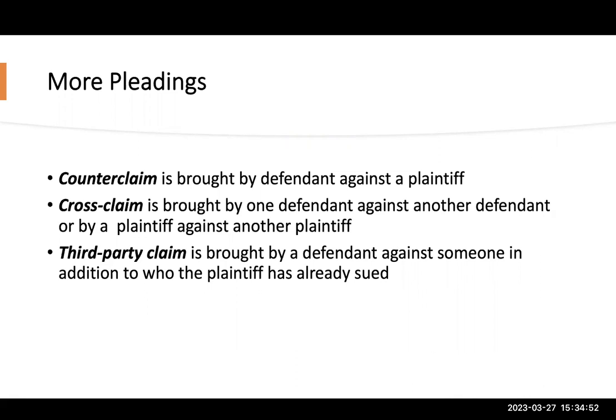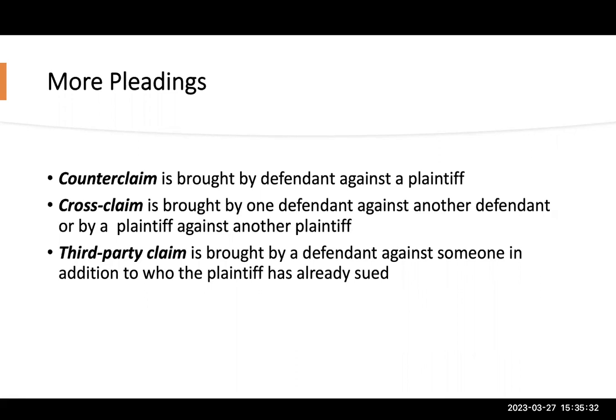Cross claims are a term where there might be multiple defendants, and one defendant brings a cross claim against another defendant in the matter. An example of that might be a construction dispute. Again, perhaps a developer sues several subcontractors, alleging that they performed their work improperly, and those subcontractor defendants sue each other for claims arising out of the